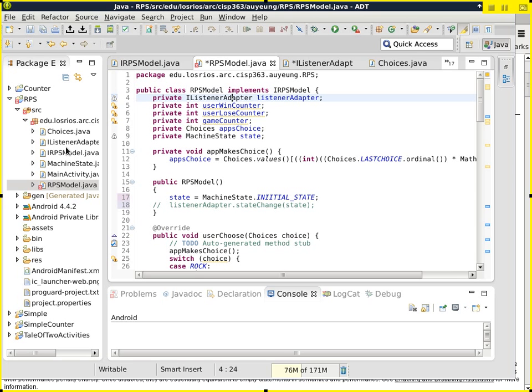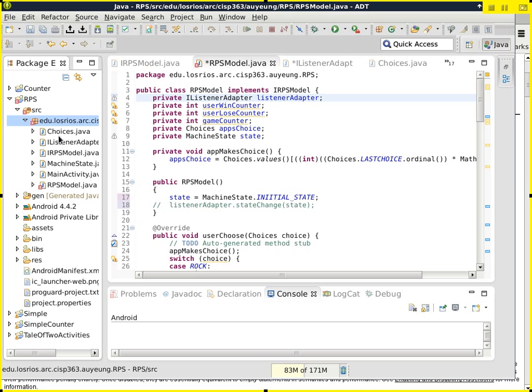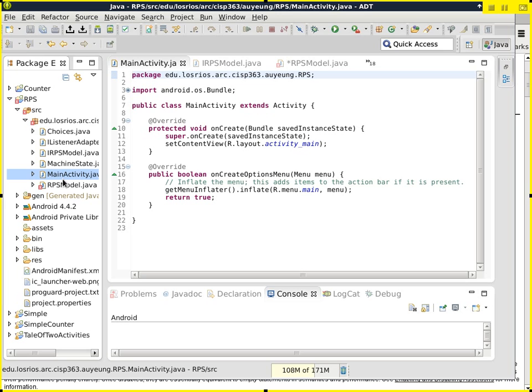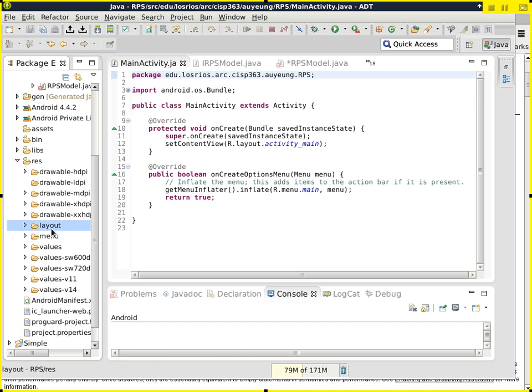So if I want a dumb listener, we can just use a class. I'm just debating where to put all that logic. We can put it into main activity, just as a test method here, as a test library, and then we can go to resources, go to layout,